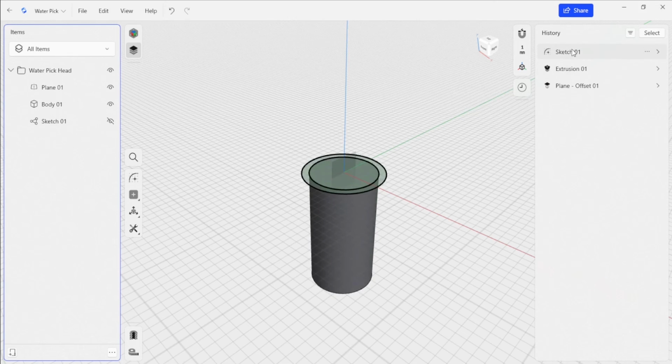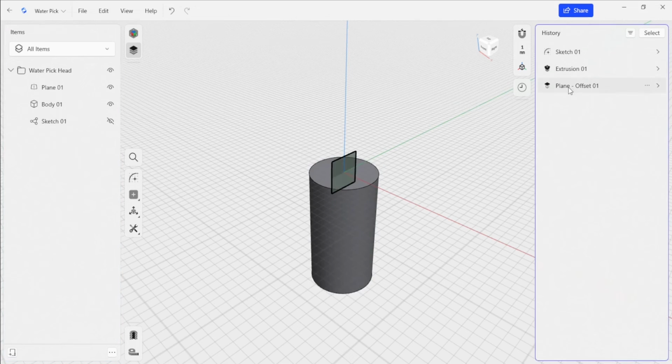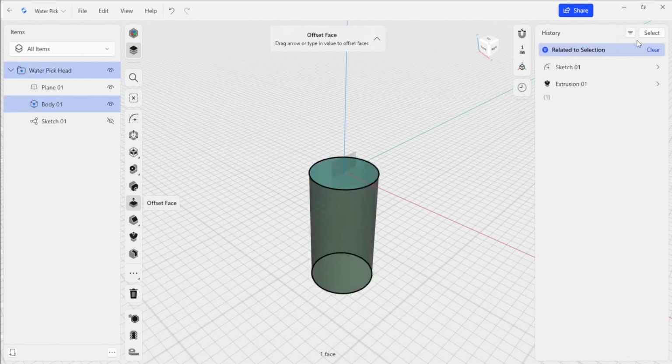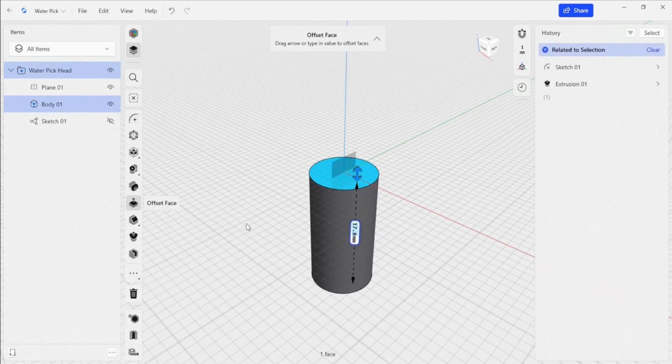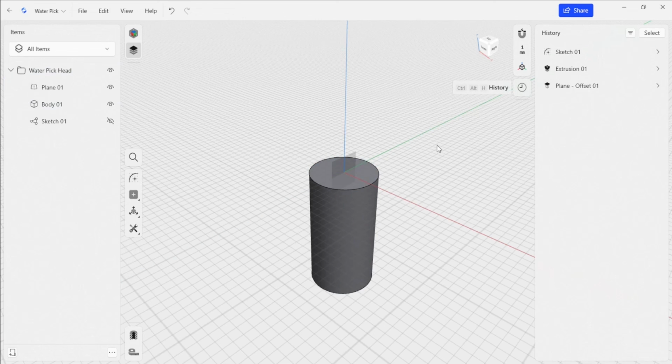Additionally, on the history panel, you'll see that we're getting our features build up. And we can look at those individual features and adjust those using the parameters that are there. But the other thing that we can do is we can click on individual components. The history panel will show us features that are related to that selection. So very useful in being able to see very quickly what are the things that drive those individual components. And additionally, in the items panel, we'll see individual items light up as we select them. So it really helps us stay organized and see how everything fits together.